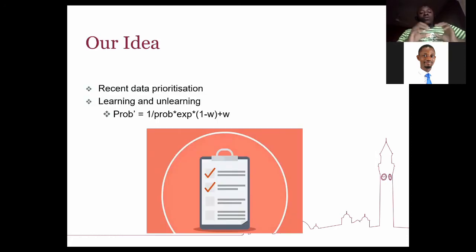So then our probability will be such that when we want to update the probability of every entry, we just normalize it and assign a weight value. That is how we prioritize the recent cases. So let's say, for instance, we want to prioritize 80% of the data, then our weighting value will be 0.8, which means that the recent cases will be weighted 180% relative to the older cases,